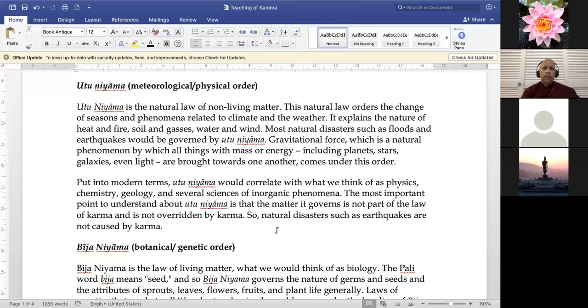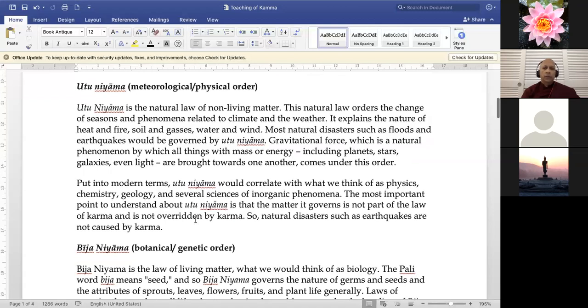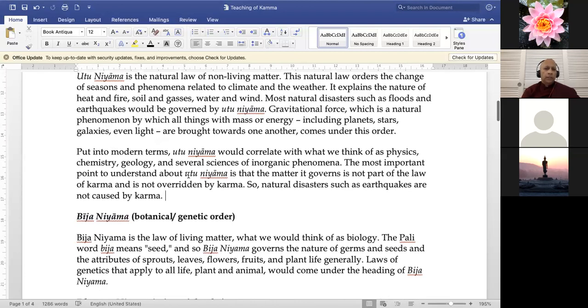So natural disasters, such as earthquakes, are not caused by karma. So karma has no role in natural disasters or anything in nature, unlike the way our primal ancestors believed. So any questions about Utuniyama? No, I guess, right? Now, let's look at the second one, Bija,